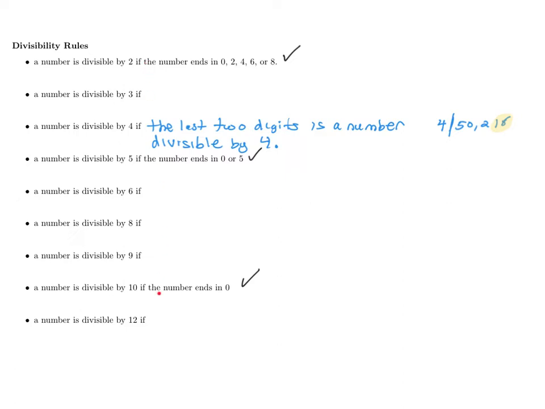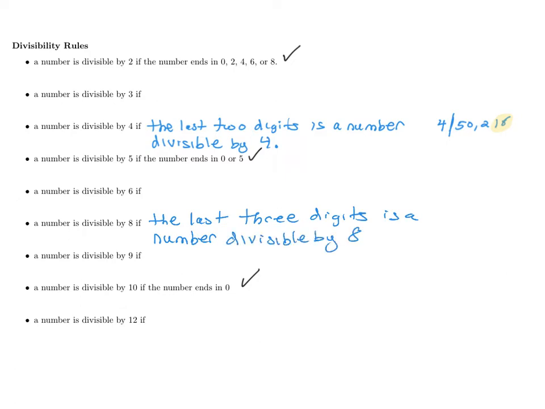The next rule on this list that is similar to this one is the rule for if a number is divisible by 8. And the rule is a number is divisible by 8 if the last 3 digits is a number divisible by 8. So an example for this would be something like 8 divides